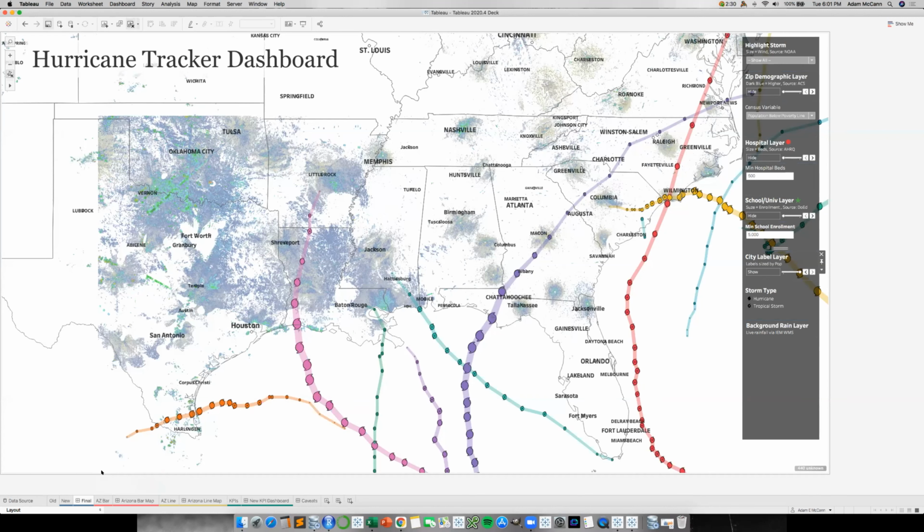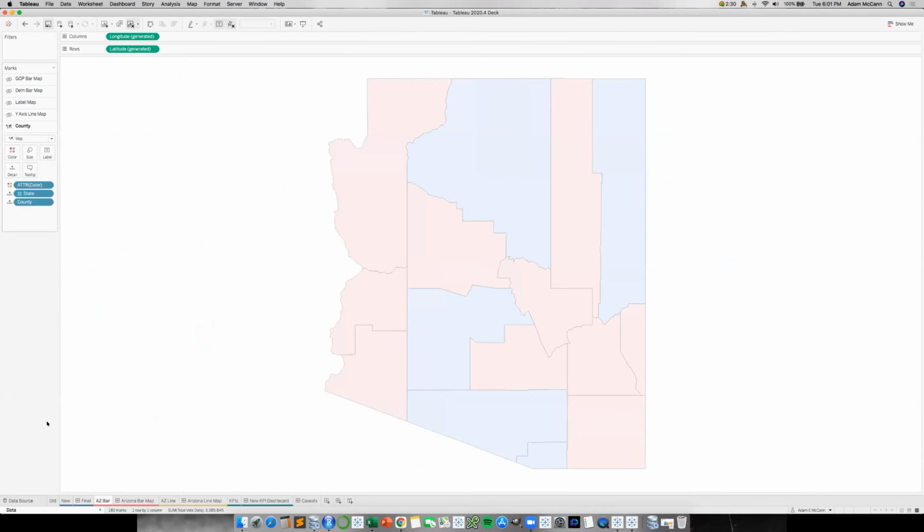There's a great example Mark Reed walks through about how to add more layers to maps, but you can do more than just maps. So this is a choropleth map of voting patterns in the state of Arizona for the 2020 presidential elections. But if I wanted to see the voting patterns by county compared as a bar chart, I can add bar charts now to my maps all in one worksheet.